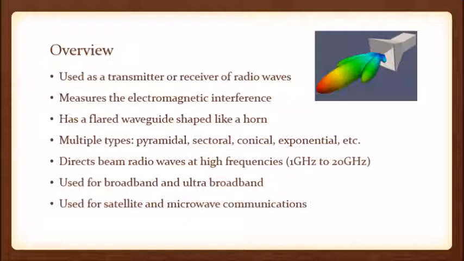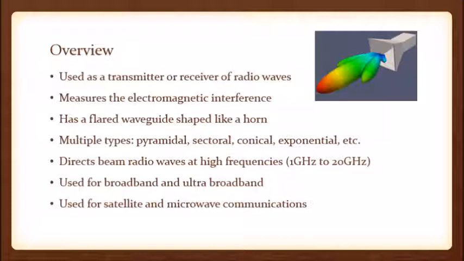The horn antenna has a flared waveguide shaped like a horn. And there's different shapes, such as pyramidal, sectoral, conical, exponential. These different shapes of the horn allow different distances to be done. For example, the exponential horn is used for long distance, such as satellites across the world, whereas pyramidal is used